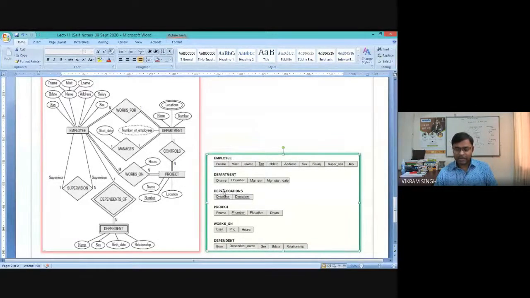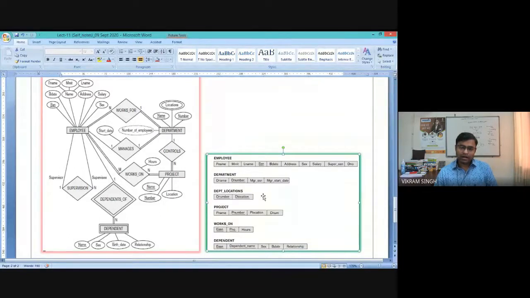So whenever we create a table for this multi-valued scenario, you need to name it the base table name _ attribute name. And in this table, we have kept only 2 attributes. The first attribute is the primary key of its base table, which is the department number, and the second is department location. So department location is an attribute, right? This department location exists because of the multi-valued nature.